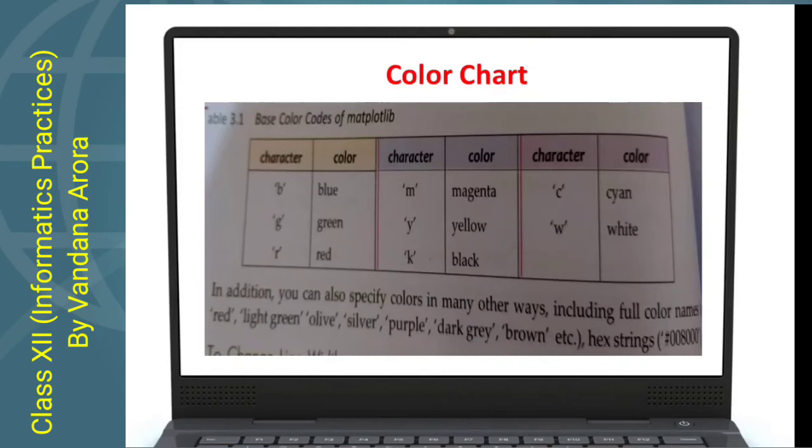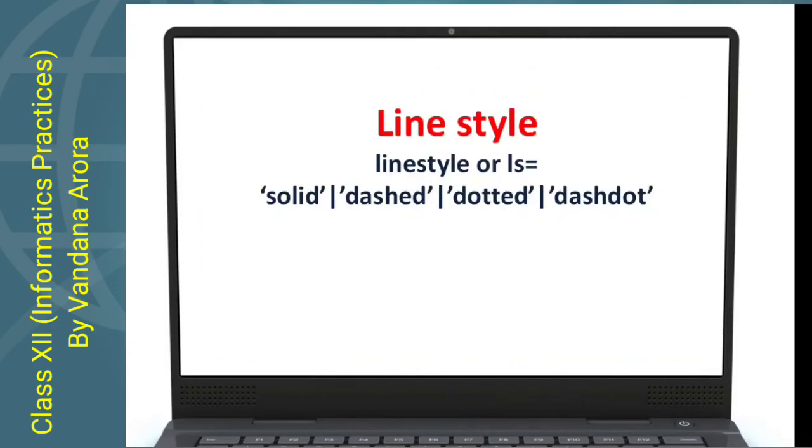In addition, we can specify the full color name like red, light green, olive, silver, purple, dark gray, brown, etc. You can use a hexadecimal string also. Clear? Most of the time we use the first letter for the color, like B for blue, but in case of black the first letter is again B, so we use the last letter K for black.